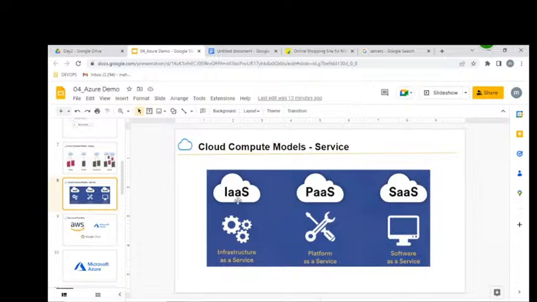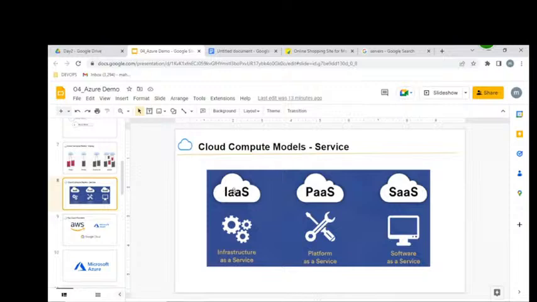And IaaS, infrastructure as a service. Infra means what? Maybe servers, maybe network, maybe storage, maybe databases. So we are part of IaaS. As an Azure admin, we are part of IaaS, infrastructure as a service. Got it?